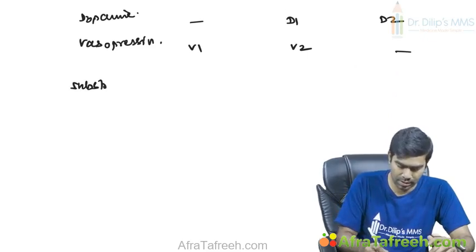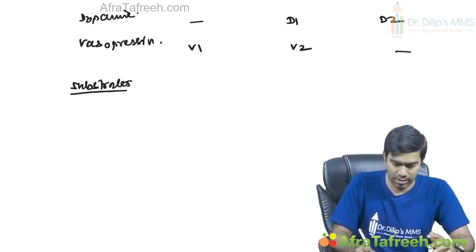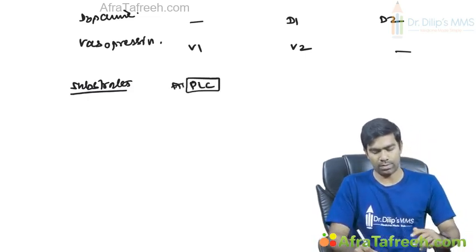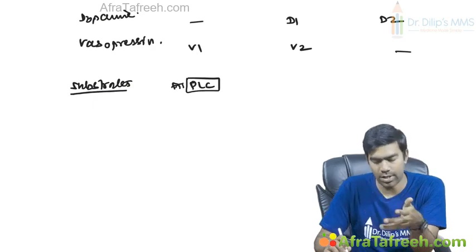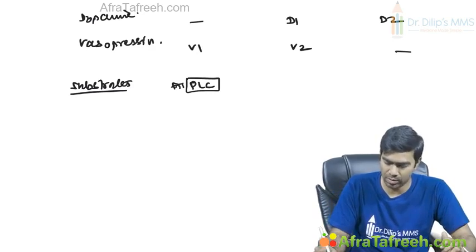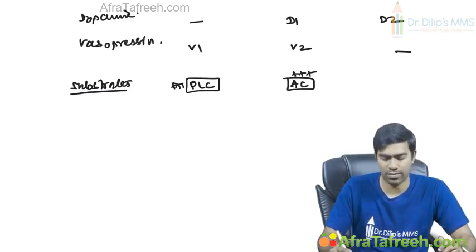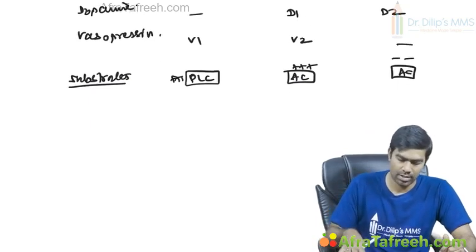What could be the substrates? Substrates we discussed already. For the Gq type of receptor, it is phospholipase C only. There is no doubt about that, where it's going to stimulate the phospholipase C, through that alpha GTP complex. Then we have Gs and Gi type of receptors, and for these it is the adenylate cyclase that's going to be the substrate, where Gs is going to stimulate the adenylate cyclase, whereas in Gi type again adenylate cyclase will be the substrate, where they're going to inhibit the adenylate cyclase.